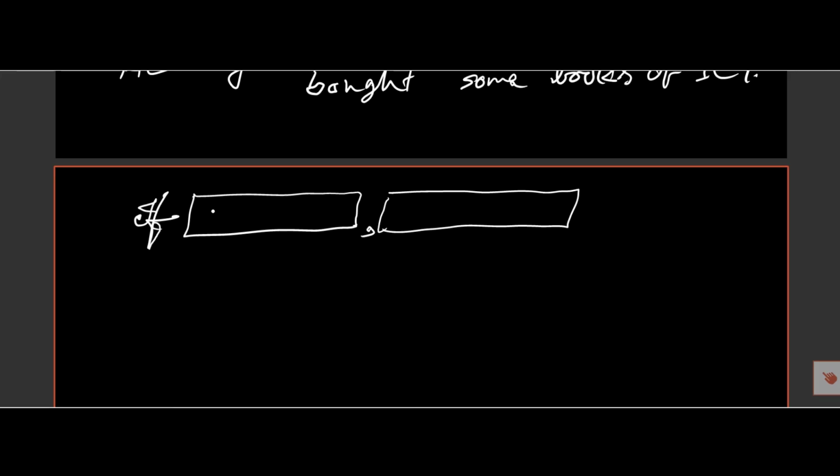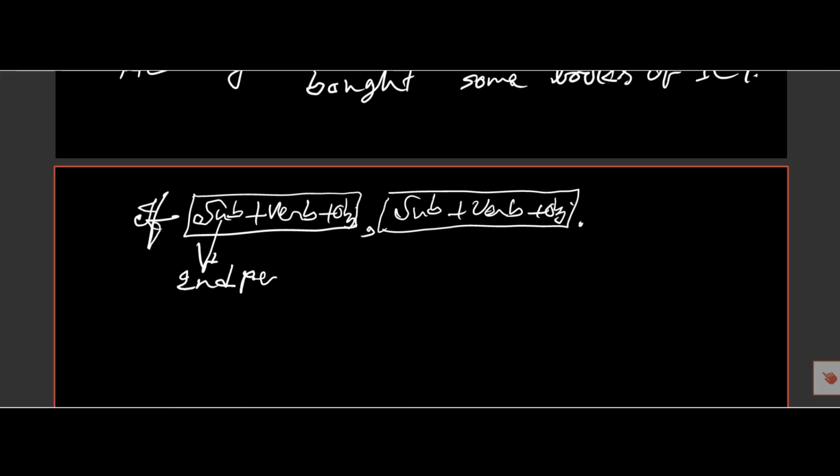In this part there is a subject, a verb, and an object, and the other part also has a subject, verb, object. If there is the conjunction if, and the subject is the second person,